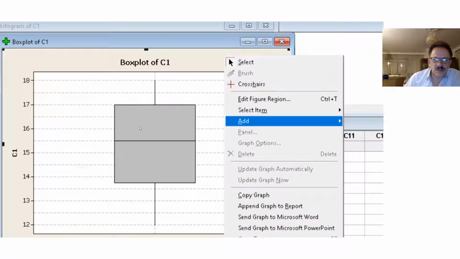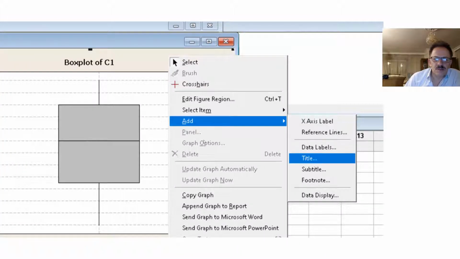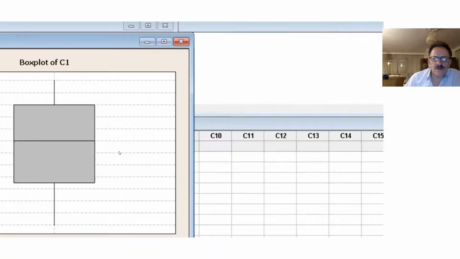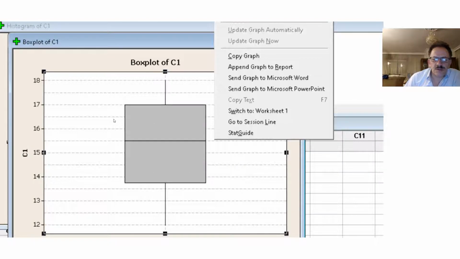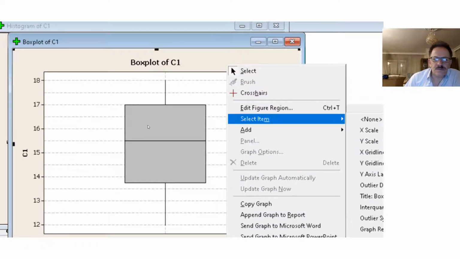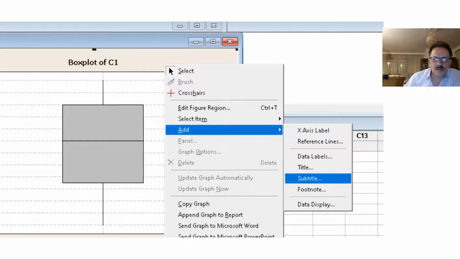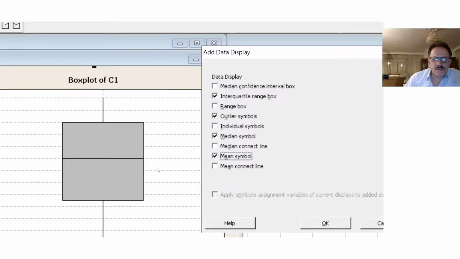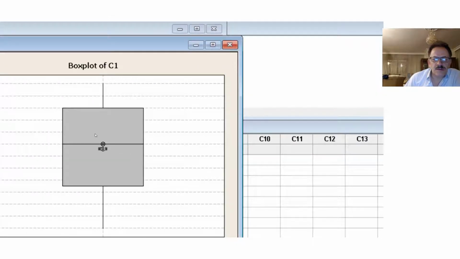Okay, you can see the change here, and also I can just go and say add whatever I will find the data that I have in the y-axis labels, and this will be the data here. Okay, and then I can say add, and I can see what data you need to display. I want to see the median and the mean, and that's all.